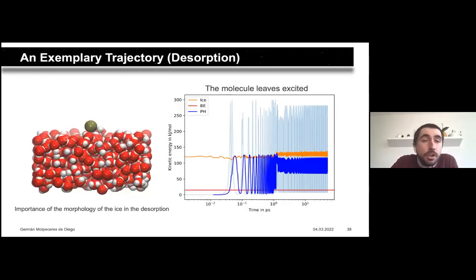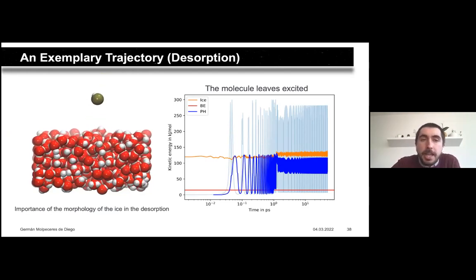And now I would like to show some trajectories that are produced from this study. So what we do is place a hydrogen atom close to a phosphorus atom and let the system evolve. And here I present a trajectory that leads to desorption. What you see here is that the atom recombines with the phosphorus atom and starts to be rotationally excited until it collides with another water molecule. And by momentum conservation this leads to a desorption of the molecule to the medium.